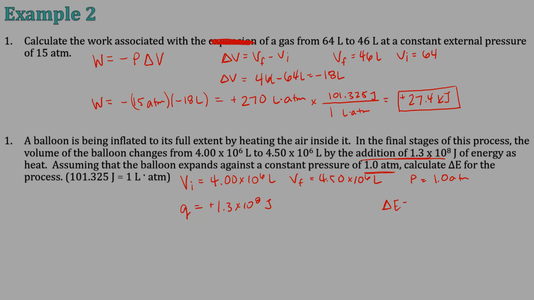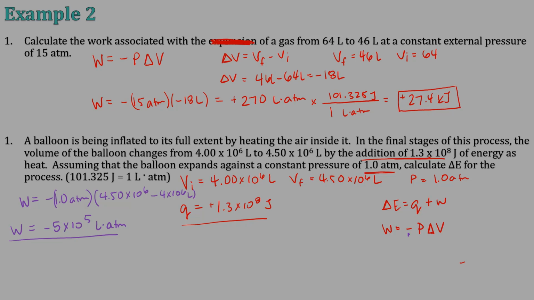Now I want delta E, and I can get delta E by adding the heat plus the work, and I've got the heat right here, but I need the work, and so work can be found by taking negative P delta V. My work is going to be negative 1 atm, because it's this negative sign, times 4.50 times 10 to the 6th minus 4 times 10 to the 6th liters. And so when I put that in the calculator, what I end up getting out is 5 times 10 to the 5th liter atm. At this point, I have work and I have heat, but in order to add those two values together, they have to have the same units. So I have to convert my work to joules. So 1 liter atm is 101.325 joules. And that is going to give me negative 5.066